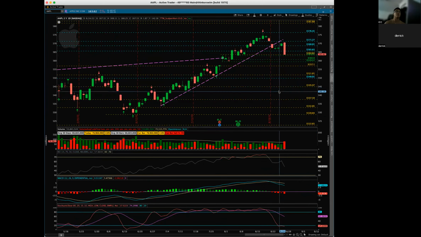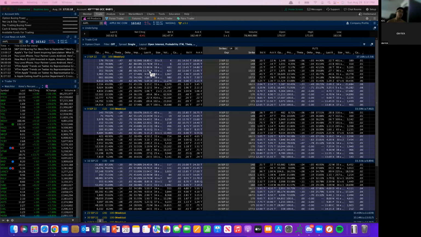But of course, if you dive down to other stocks that are maybe less liquid or have less interest, not a blue chip stock, then you might want to go into the options chain and look at the open interest, the volume, and the bid-ask spread. That's going to give you huge insight into where institutions are, and also where other people want to trade this. Obviously, Apple is very liquid, so you're not going to catch a huge